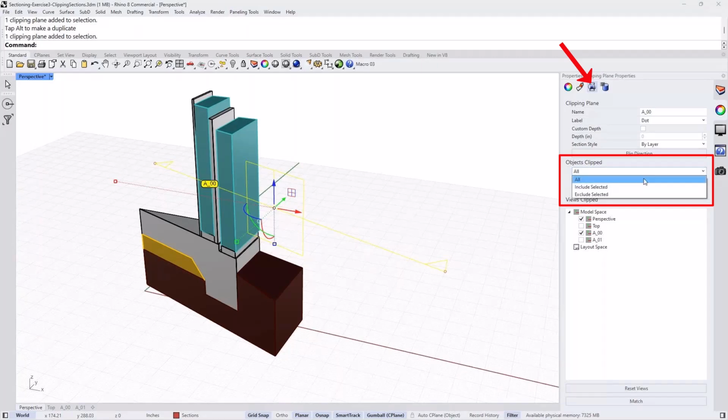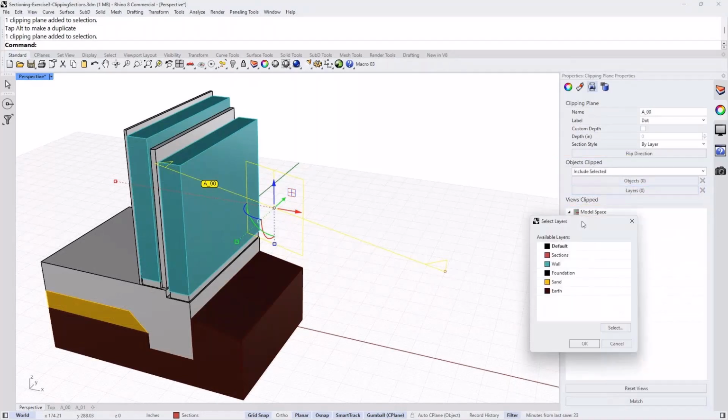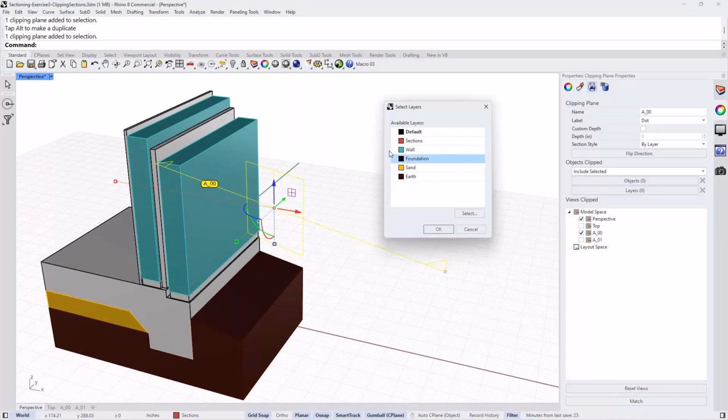And instead of all, I can say include selected or exclude selected. I will set it to include a certain number of layers because I know I have divided my objects into different layers. So I'm going to say include selected, and I'm going to click on layers, and that brings the layers that I want to include in the sectioning.